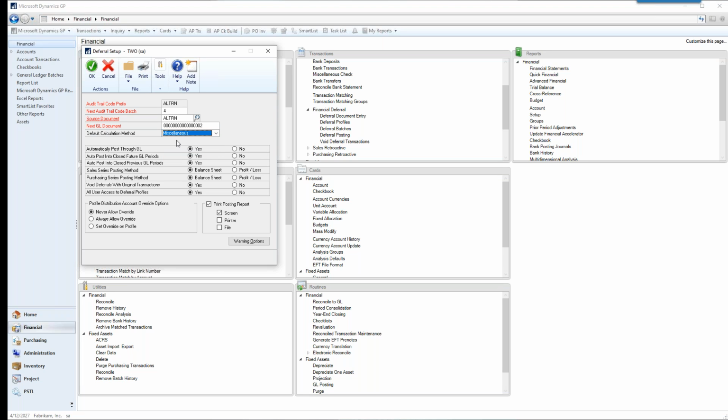And you can also choose a miscellaneous, which is basically you tell it how many days or what you want to put in for your calculation method. I use equal because it's easier to calculate for me. So when I put in my 36, then I can calculate $100 a month